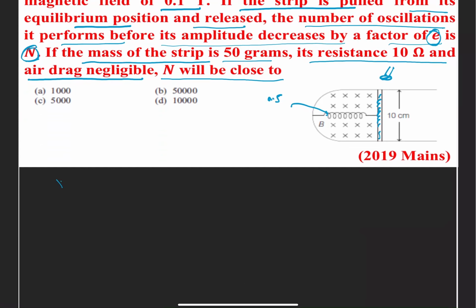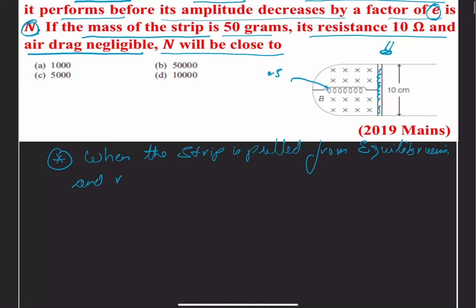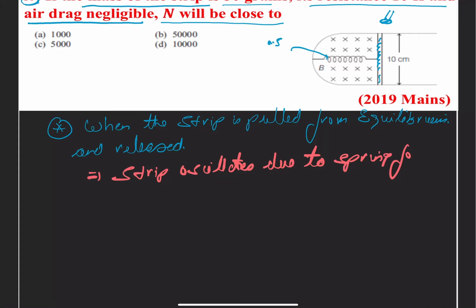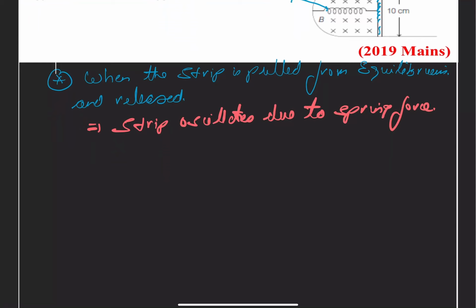So you can say from here that when the strip is pulled from equilibrium and released, the strip oscillates due to spring force. The strip oscillates because of the spring force, and